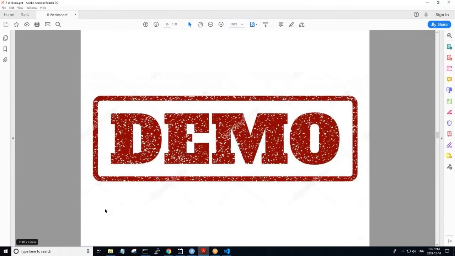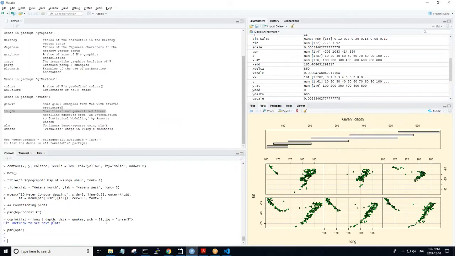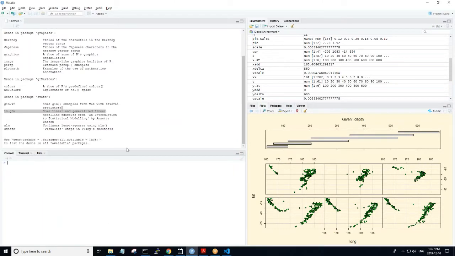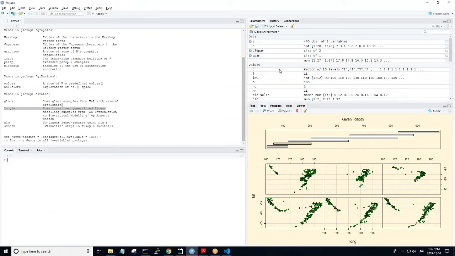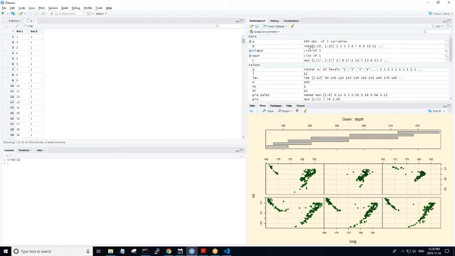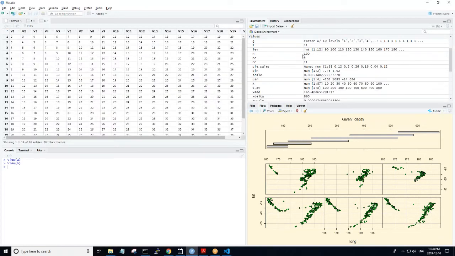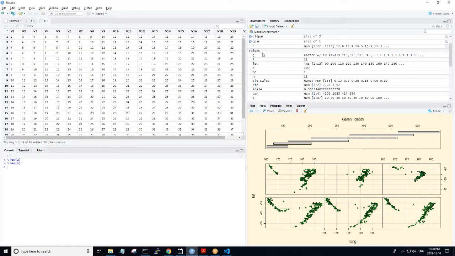Okay, so the idea behind R again is to try to make the use of R easy. Oh, by the way, a couple of things we'll notice about RStudio is that here I've got the ability to go and look back in my environment.